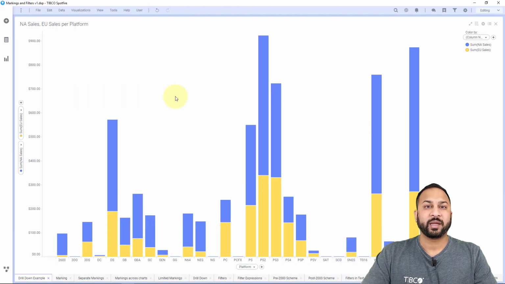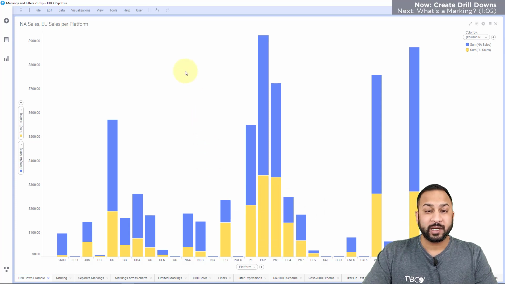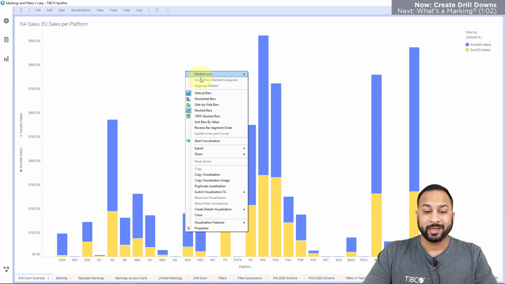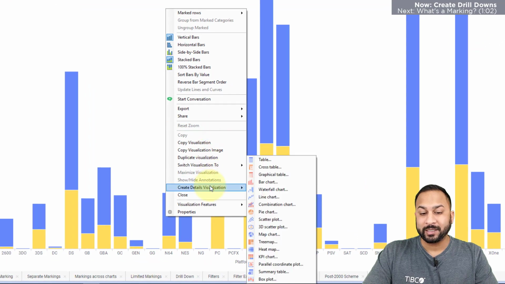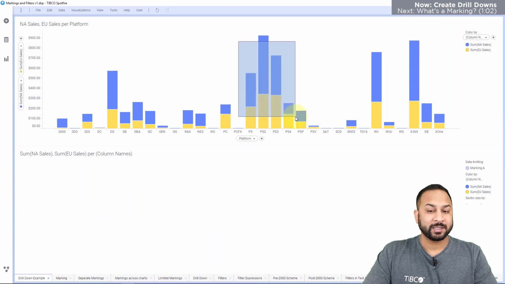Here I'm looking at video game sales in Europe and North America, and each of these bars represents a different platform. To do a drill down, all I need to do is simply right click and go to Create Details Visualization and choose the type of chart I want. So I'll just choose a pie chart here, and this is empty by default, but when I select some data,